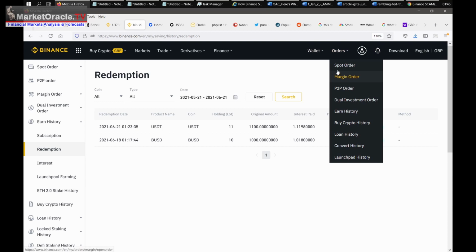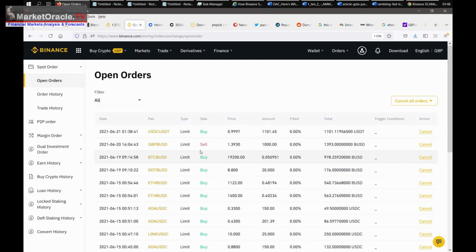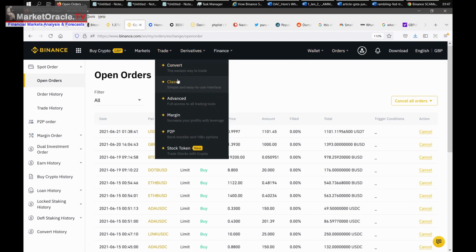Let's see what the orders are. Spot orders. And there's the order there. Buy USDC 0.1100. If I did it at spot, I'm getting about 60 cents more. You know, it would be less than that. So I'm getting nearly $1 more by using the limit order than buying at the market, because as you can see,